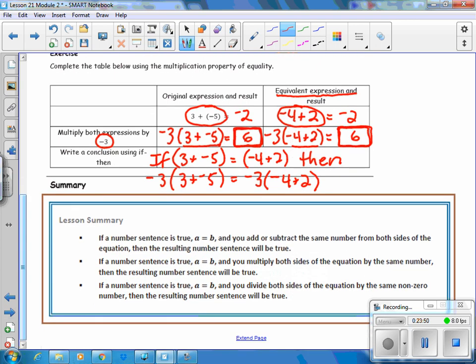In summary, if a number sentence is true, A equals B, and you add or subtract the same number from both sides of the equation, the resulting number sentence will be true. If the number sentence is true, A equals B, and you multiply both sides of the equation by the same number, then the resulting number sentence will be true. If a number sentence is true, A equals B, and you divide both sides of the equation by the same non-zero